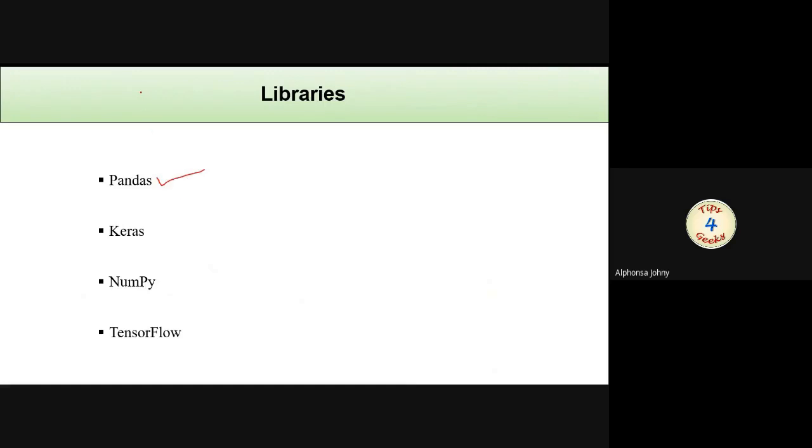Then the next one is Keras. Keras is one of the most powerful and easy to use Python libraries, which is built on top of popular machine learning libraries like TensorFlow for creating deep learning models. So if your application or project requires deep learning, then you can make use of Keras. The main features of Keras are large community support, that is, many developers are currently using Keras. So if you have any doubt or query, you can simply post it in the Keras community and you will surely get an answer. It is also easy to test.